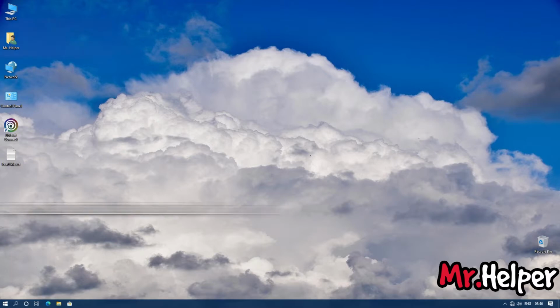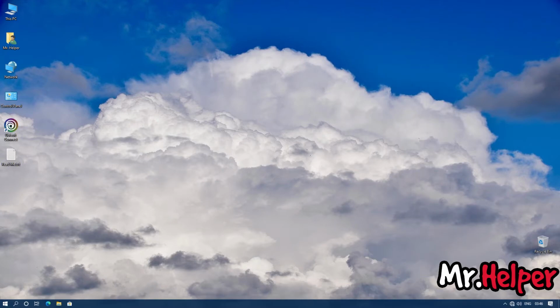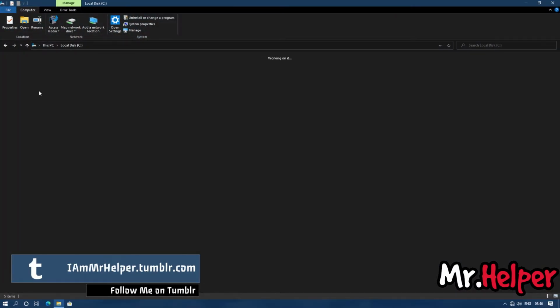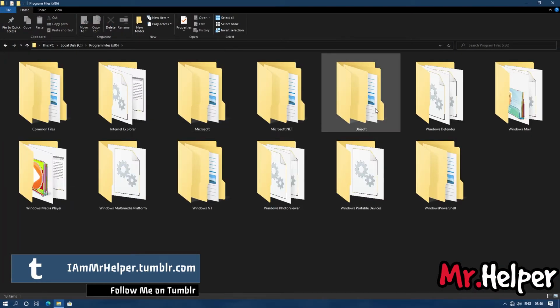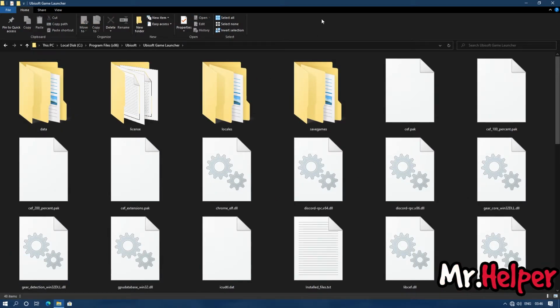Okay, now it's time to show you how to find Assassin's Creed Chronicles India save files for those of you who are using Steam account. Simply go to the location where you have installed your UBI Soft Connect. By default it is installed in your C drive. In my case it is. Now try to find a folder named Save Games.